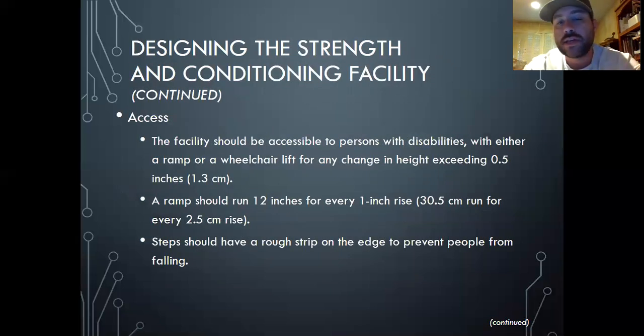Access. The facility should be accessible to persons with disability. A lot of this stuff, again, if you get the architect, they're going to know all of that. And they should know all the different things about, especially on the outside, that it needs to be